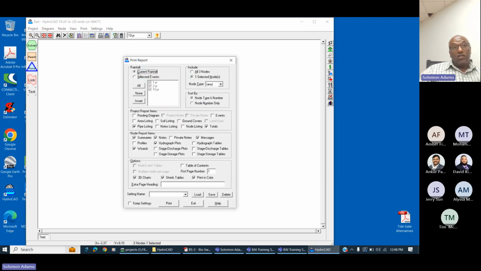So you have an option of selecting which rainfall you want to report for. You can have either selected events, or 1 year only, or 1 and 2, or 1 and 3. If you just want to go with everything, you just select all. And then which nodes you want to report for. All nodes we want, right? Yeah. So here you have a choice, but I'm going to leave it here, and then I'm going to say print,